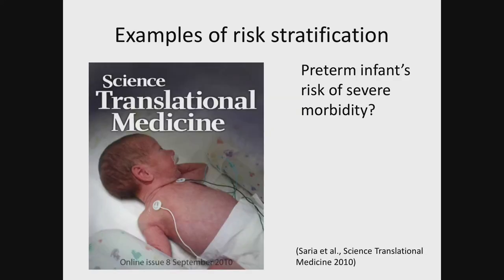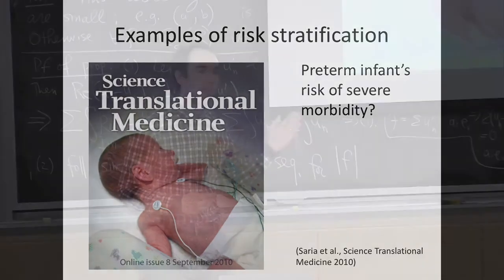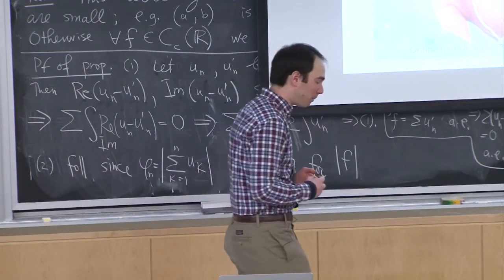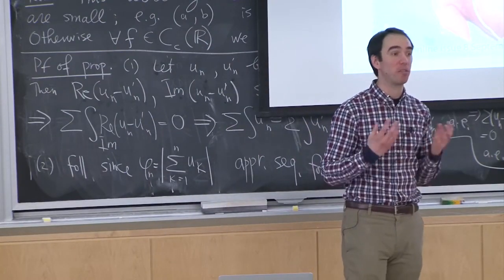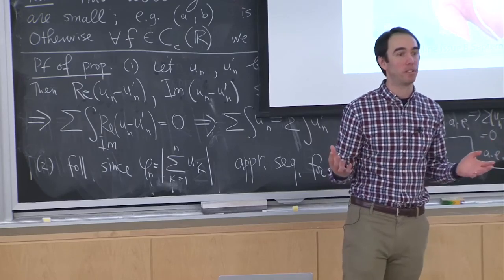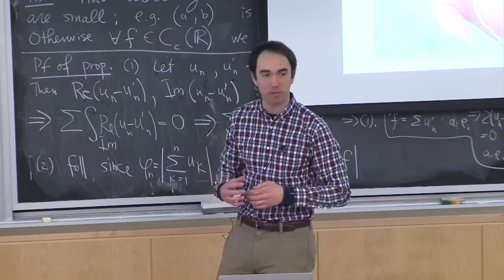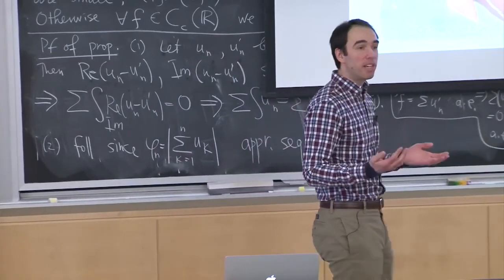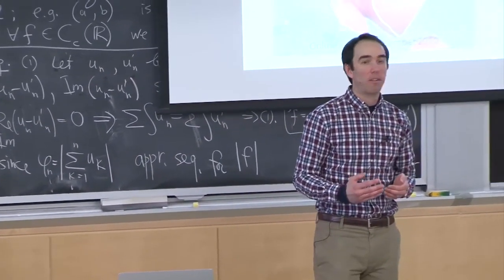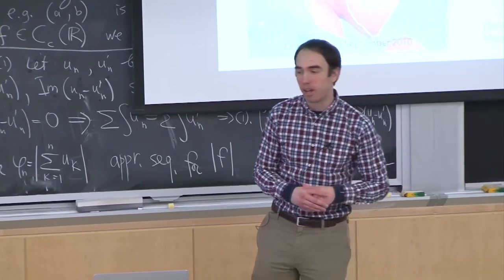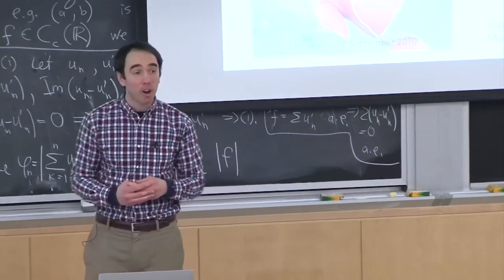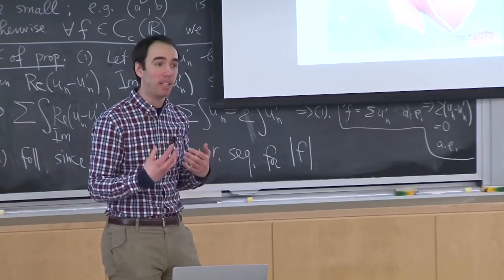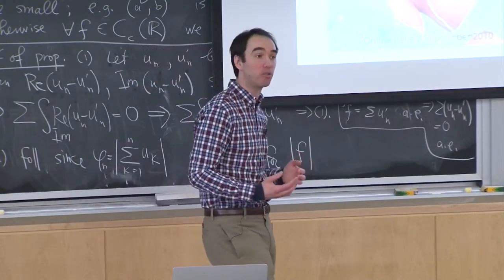The first example is that of predicting an infant's risk of severe morbidity. So this is a premature baby. My niece, for example, was born 3 months premature. It was really scary for my sister and for my whole family. And the outcomes of patients who were born premature have really changed dramatically over the last century. And now patients who were born 3 months premature, like my niece, actually can survive and do really well in